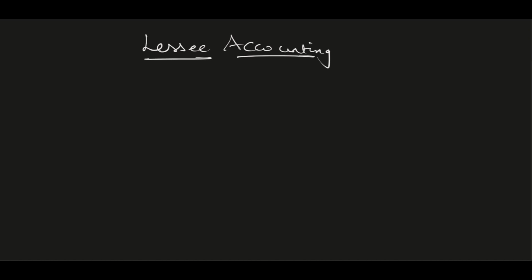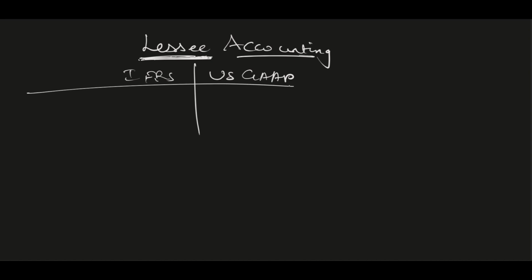So the lessee is the one who is using a machine on a lease basis, and the lessor is the one who is manufacturing the machine. Now here I'm going to do this sum from the lessee accounting perspective. The one who is going to use the machine can do this accounting under IFRS or under US GAAP. Under IFRS,